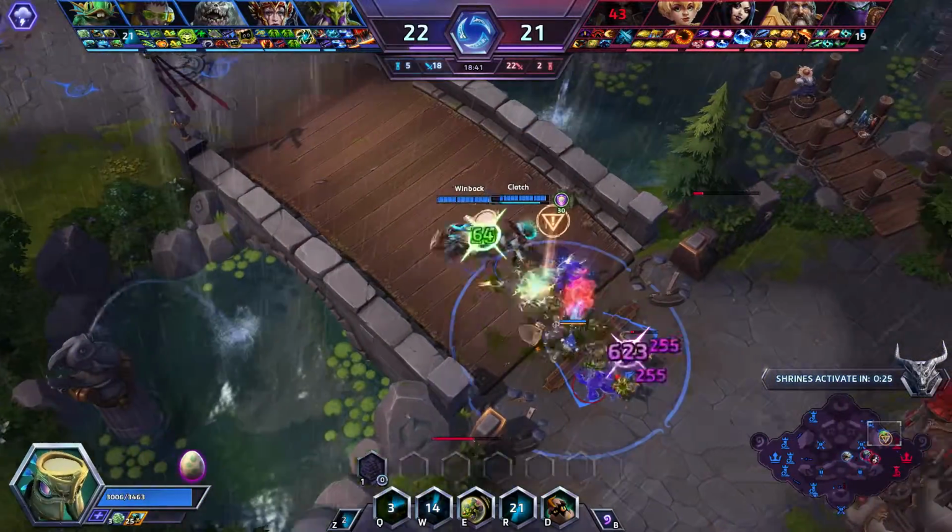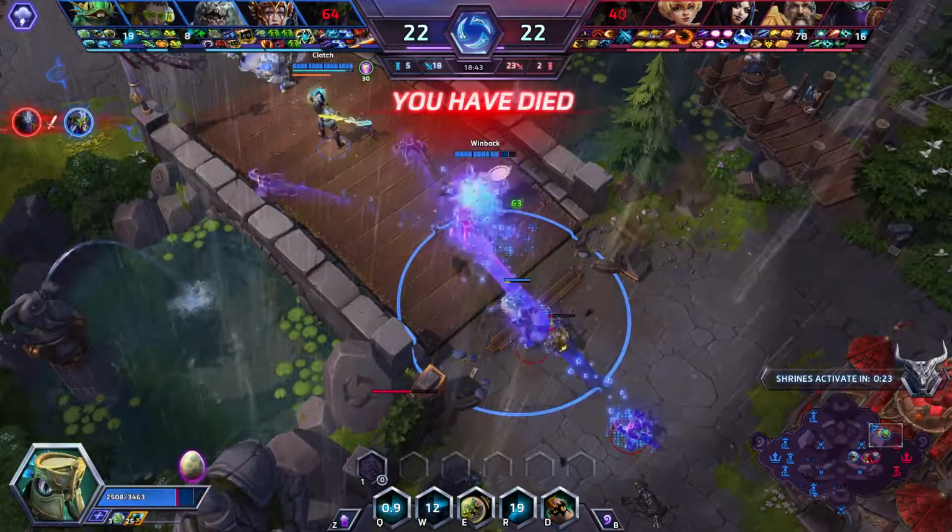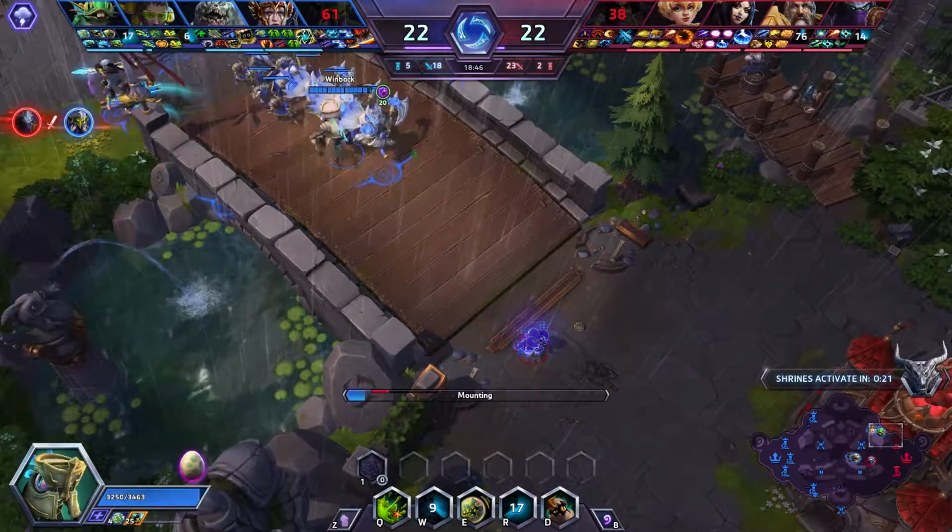I don't need you here, Cassia. I need you to go be with the team so I can keep pushing. And then Zul'jin is going to die, so...